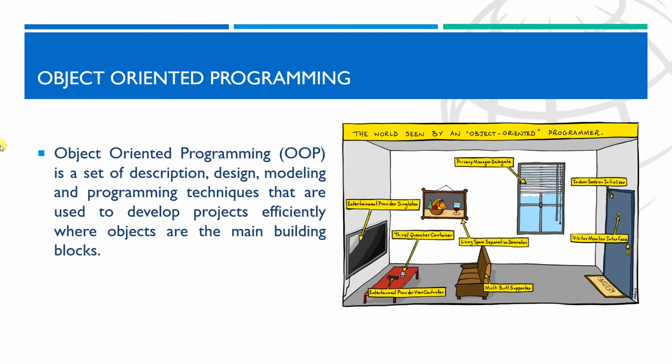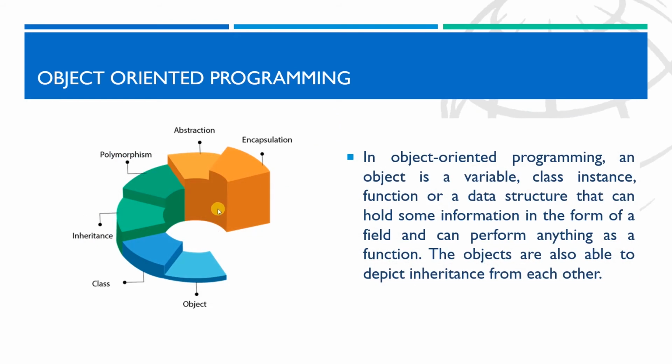The paradigm of object-oriented programming focuses entirely on the objects. This paradigm considers everything as an object, so the definition of the object in object-oriented programming may be: an object is a variable, class instance, function, or a data structure